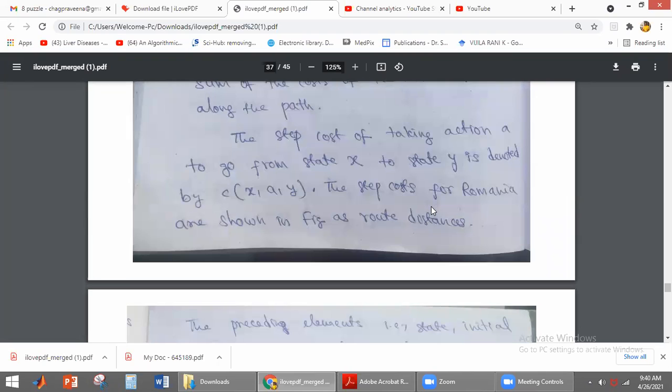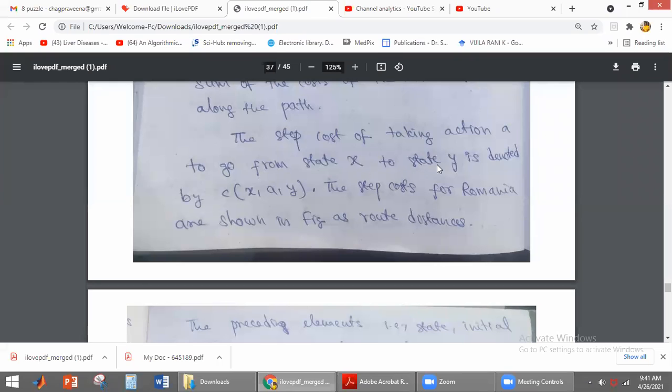Okay. So for example, what is step cost? Step cost is nothing but, for example, the agent is taking an action to move from state X to state Y. How much does it cost? That is called step cost.